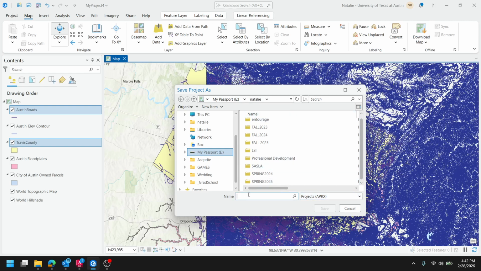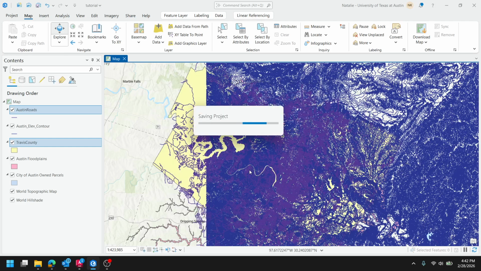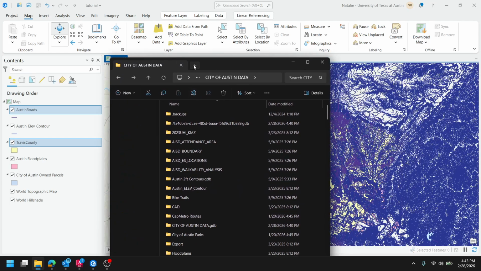And then it doesn't really matter what you name it. GIS can be a little bit particular with naming, so I would avoid using spaces, and you can use underscores, but I like to keep things as just one word, and it will be picky about that for the shape files especially. So I'll just name this, save it, and then if I go to that folder where I saved it,